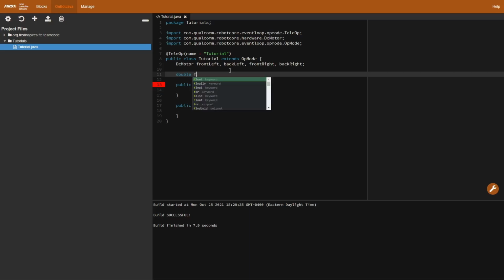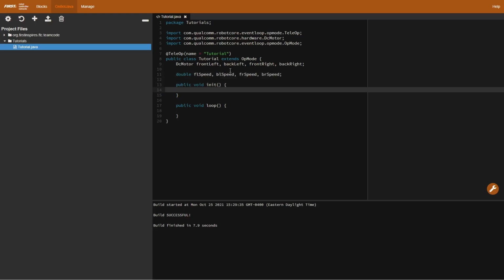So the variables we're going to have here are front left speed, or FL speed. Again, you can name these whatever you want. We're just going to keep them simple. So FL speed for front left, BL for back left, FR for front right, and BR for back right. Very simple. So that is all the variables we need actually. So we're good. So now in the init,